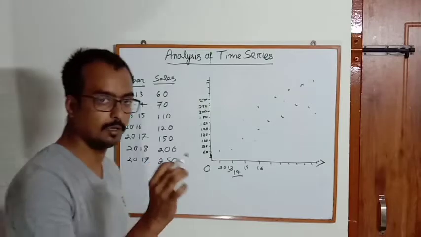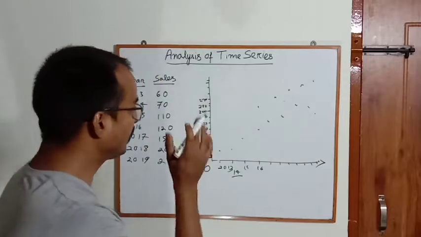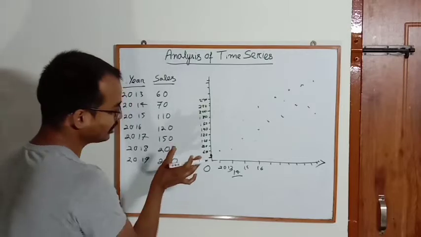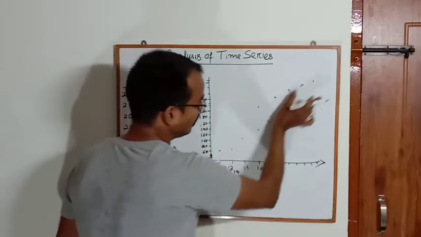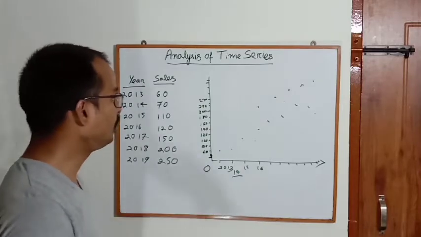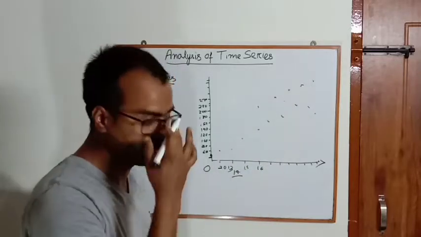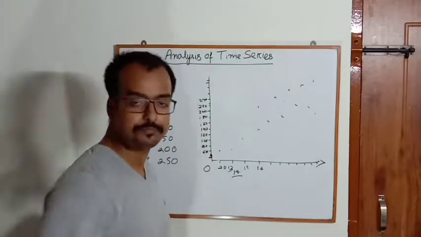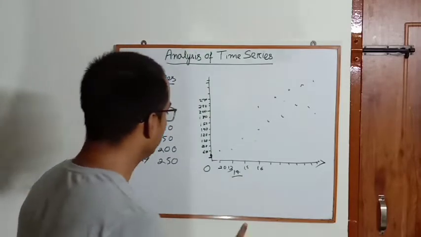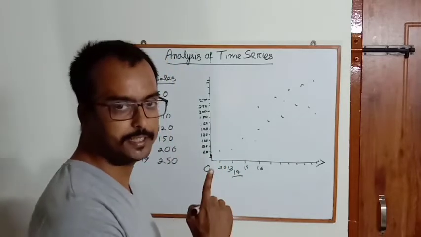You plot your time series on the graph. Now, if you look carefully, it will show a trend. It will show that it's going up, a positive trend. Though if you join all the points, it will be a zigzag line, but don't join like this. What you do, you plot a line which, according to your thinking, is the best fit. How?